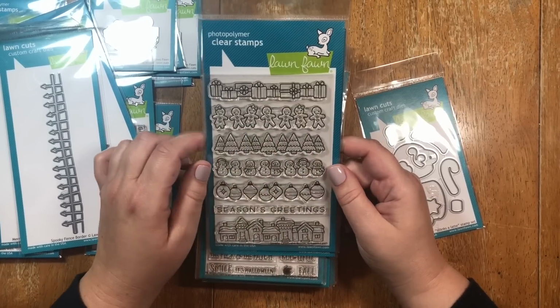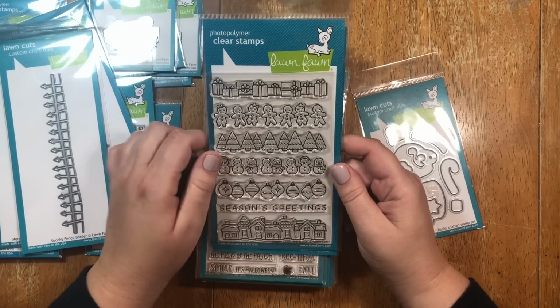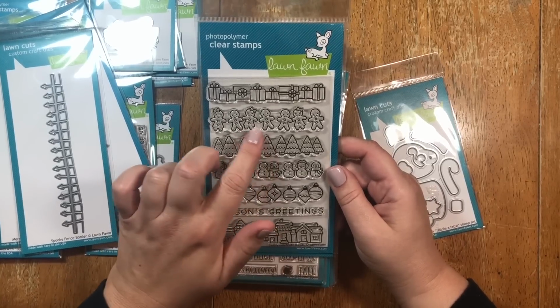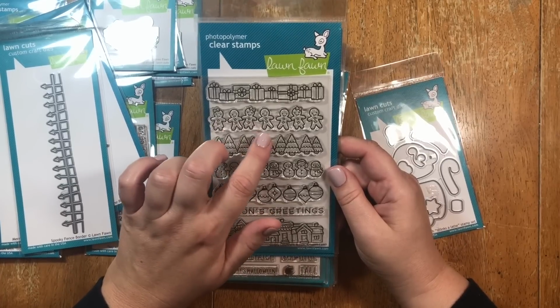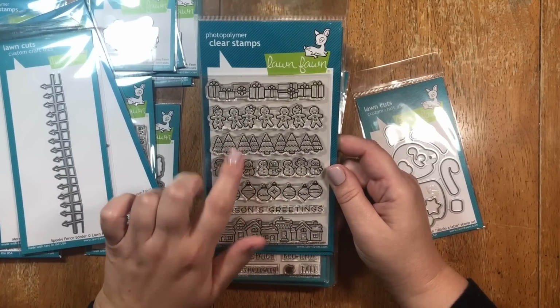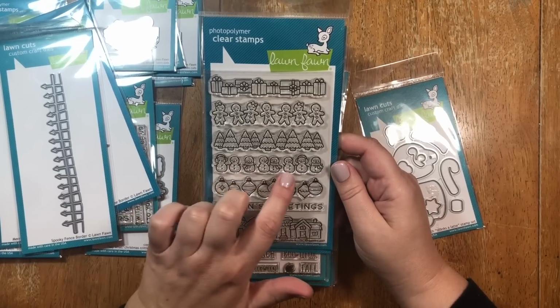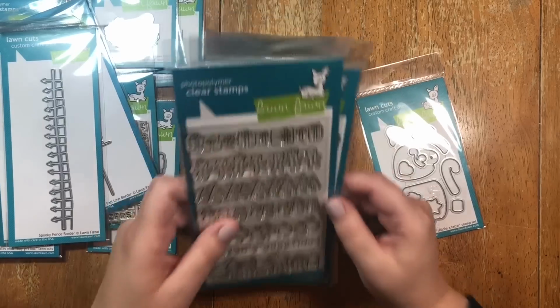I did this challenge for myself with the Mama Elephant little reindeer agenda last year, and you would be amazed at how many different shades you can get from just using 2 or 3 markers. So definitely try that out, and then maybe do it with the greens as well, and maybe even some of the warm grays or cool grays on the little snow people. Just see what you can get. Okay, let's move on,